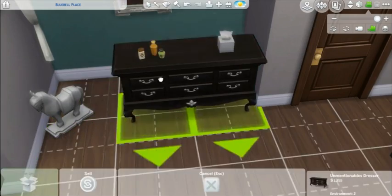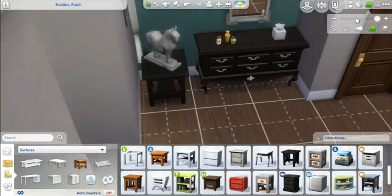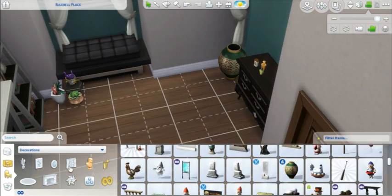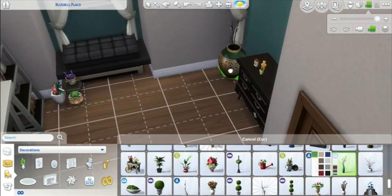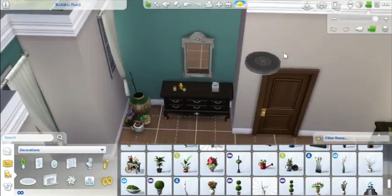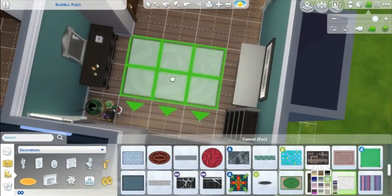But yeah, you will see those in the screenshot, and I may have to re-upload it to the gallery, because when I uploaded it to the gallery, I did have the original before I had added a few little things in that you don't see. But yeah, I wanted to keep with the green colours, so I bought that